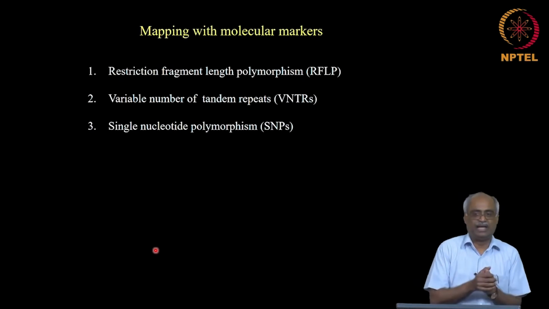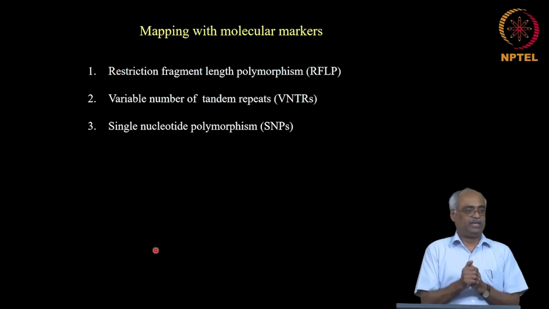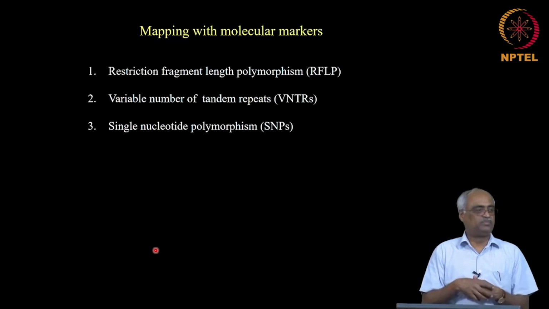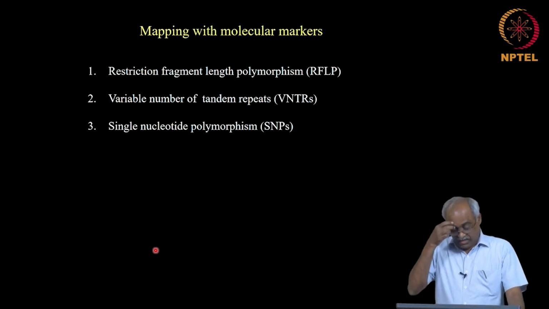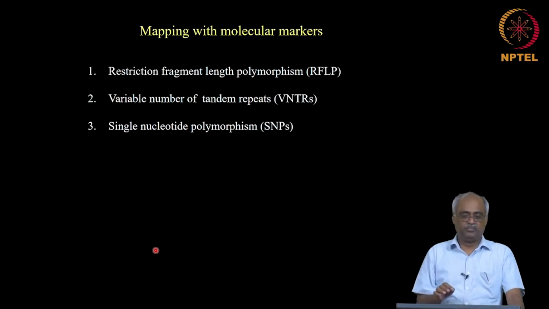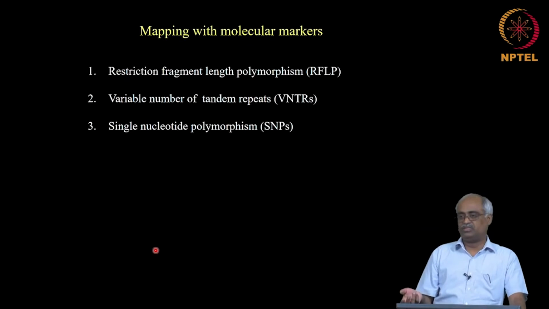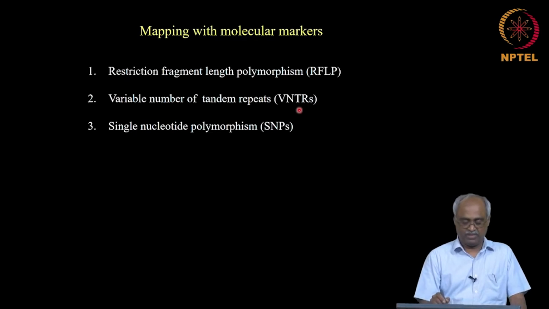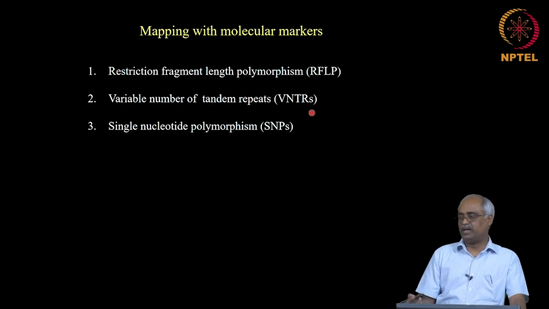So, those issues will happen, because after all the markers are defined by their known phenotype, and some phenotypes may make them grow slow or be largely embryonic lethal; all those limitations will be there. But if you go to the DNA sequence itself, you are unlikely to have those issues, because you are only looking at the wild type sequence, but then there are subtle sequence variations that can be exploited. Primarily we are going to focus on SNP, because this is what is most commonly used nowadays. But historically people used RFLP as well as VNTR, variable number of tandem repeats.